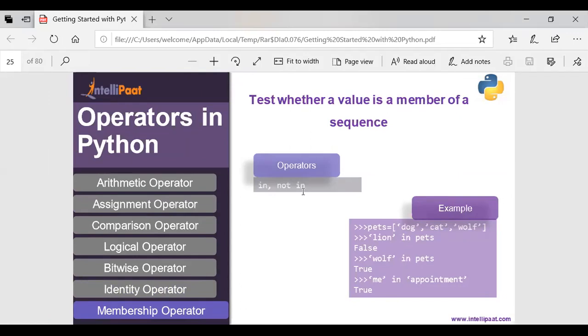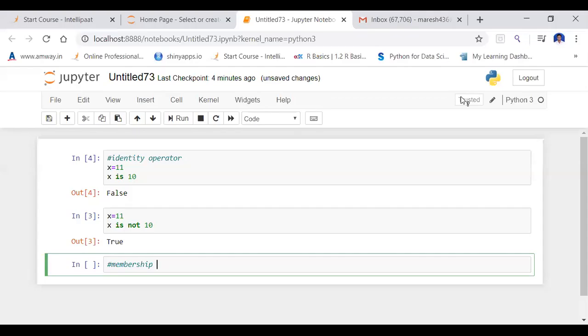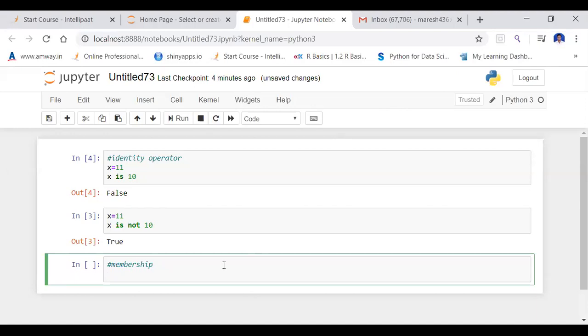Let me check it in my Jupyter notebook. Please wait. So the next operator is the membership operator. What are the membership operators? In and not in are the two membership operators. First I'm going to create some list.